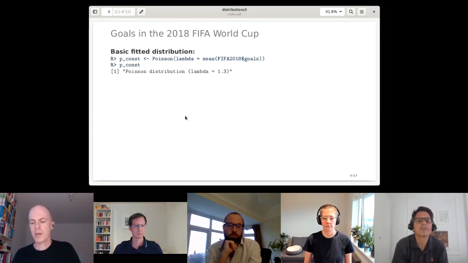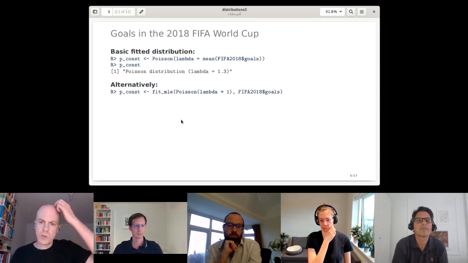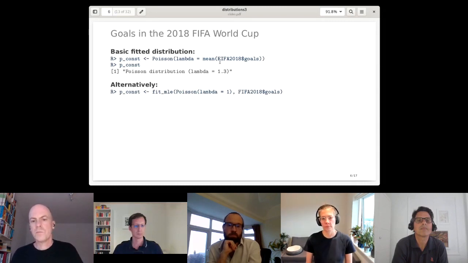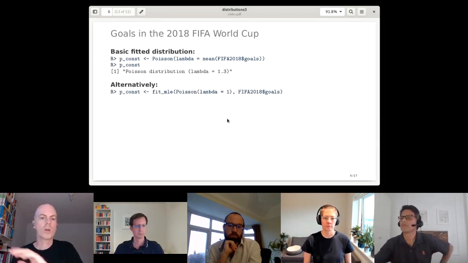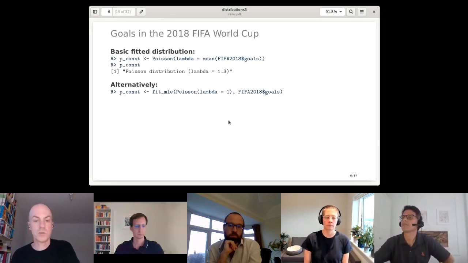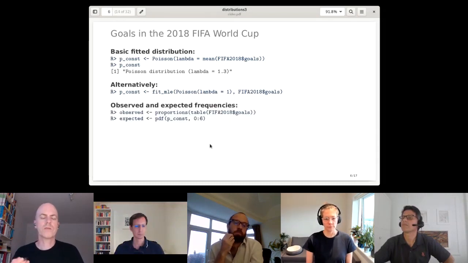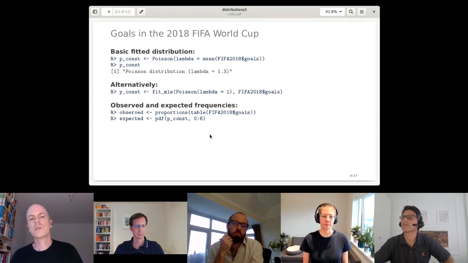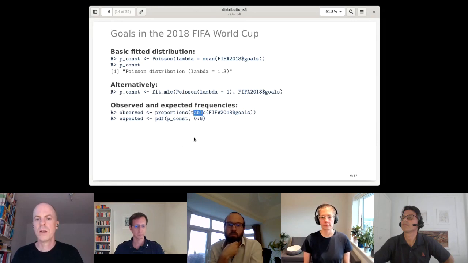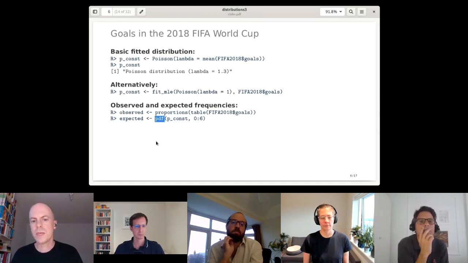entire data set. Rather than computing the MLE by hand using the mean, you can also fit a simple constant distribution with a fit MLE function in the package. Or you could use a GLM with just a constant, but I'll come back to that in a moment. And then to see whether this really fits the data, we might want to compare observed and expected frequencies. So we take a table of the goals, turn it into proportions, and then compare this with a PDF of this